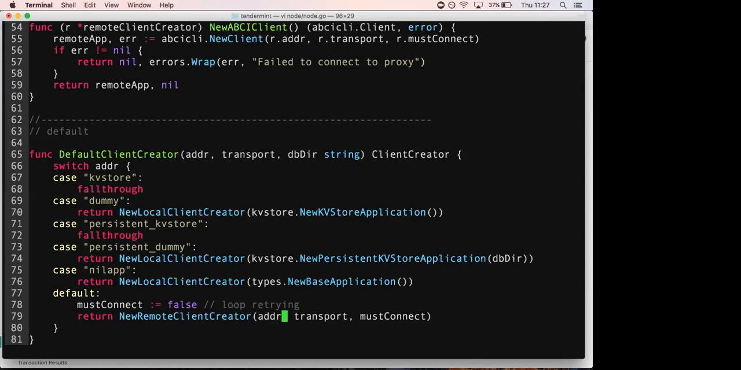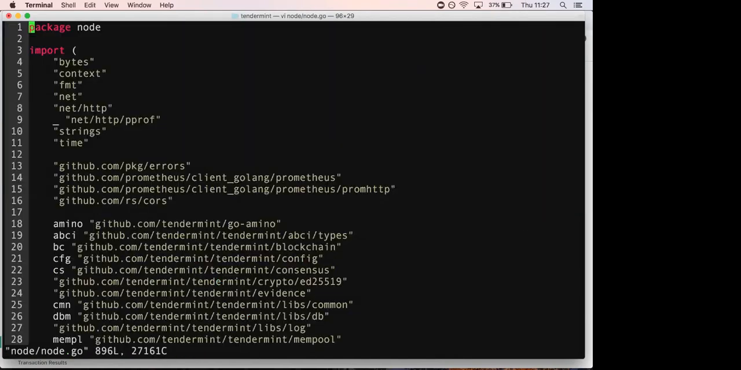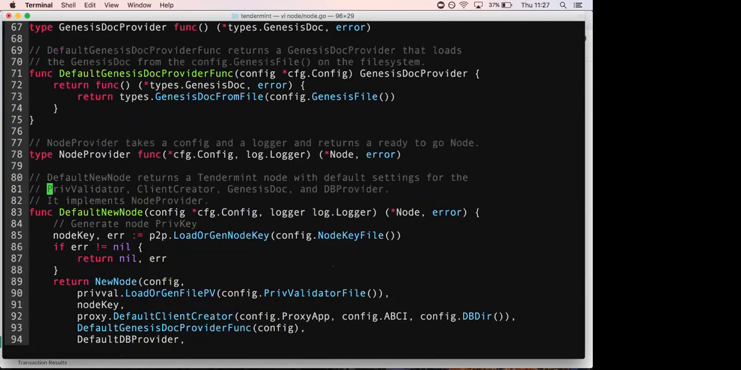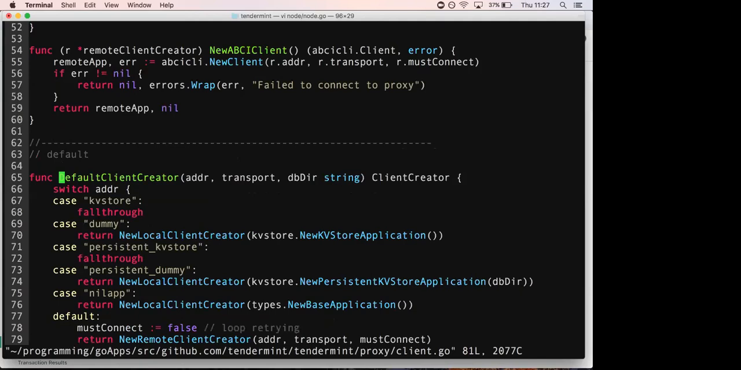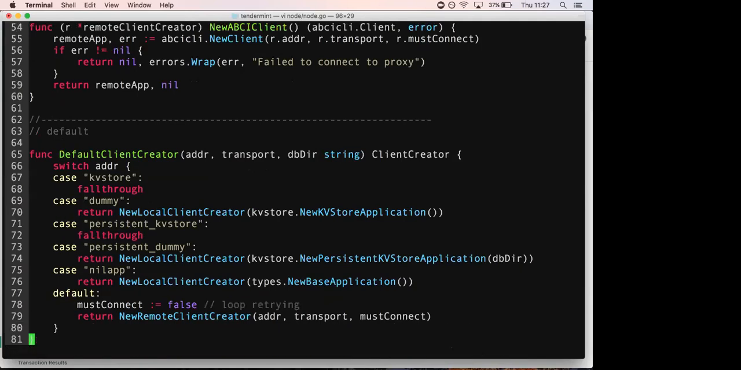Address and transport. So in the SDK, for instance, we run that in process, but that's not reflected here, right? There's no Gaia in this. You can't actually start Gaia from here. So basically on the SDK side, when it calls new node, it has to pass in its own client creator that is a new local client creator that uses the